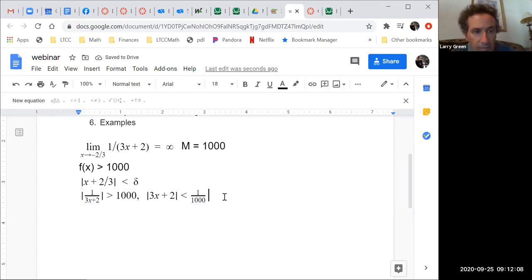Is that clear? Okay, now we can divide both sides by 3, because we need an x plus 2/3, right? So what we can say is that the absolute value of